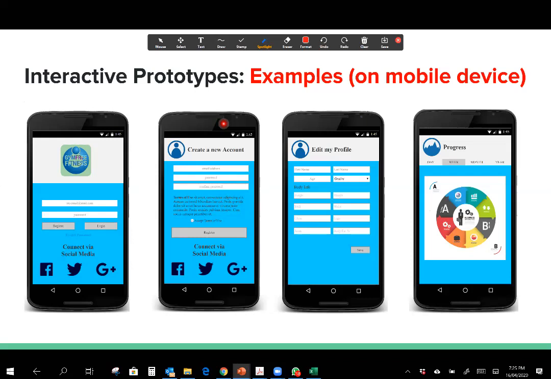So if you did user experience design, this is what you are required to produce. At the end, this is on a mobile device, what your application should look like, right? So notice this is all design. It is not functional, but it shows you what your screen looks like with colors, layout, proper font, etc. Now that you have this, you can imagine how much easier it is for you to design your screen. You know the color you're going to use, you know the layout, you know the actual words, so you don't have to figure it out in the implementation. The implementation only focuses on programming it now, because all the ideas, the layout, everything was covered previously.